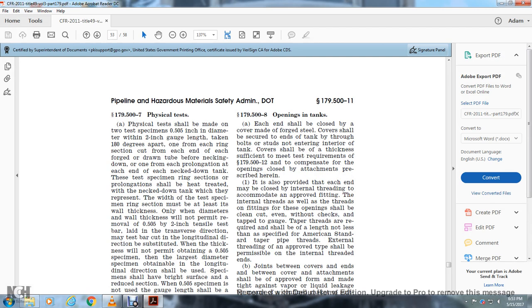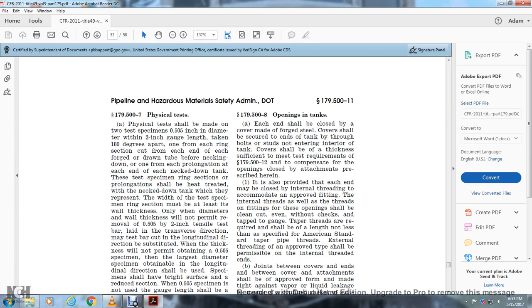179.507 Physical test. Physical tests shall be made with two specimens of 0.505 inch diameter and 2-inch gauge length, taken from the tank: a 180 degree bend, with a ring section cut out 1 inch from each end of the tank, and from each of the forged or drawn tubes from the necking, one from the prolongation of each end of the neck down to the tank. The test specimen ring section or prolongation shall be heat treated with the necked-down tank, and it shall represent the width of the test specimen ring. The specification must be at least the wall thickness. If wall thickness will not permit the removal of a 0.505 inch by 2-inch specimen,